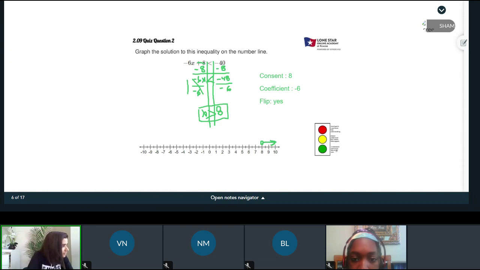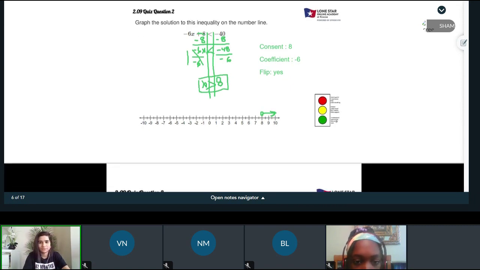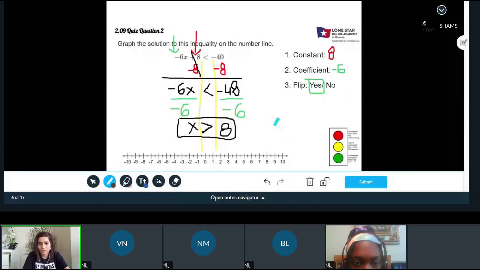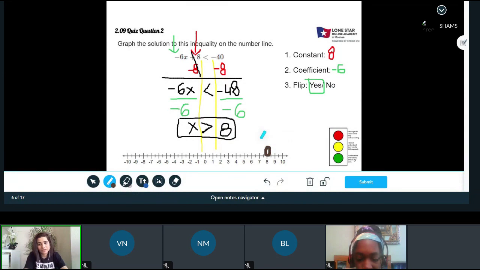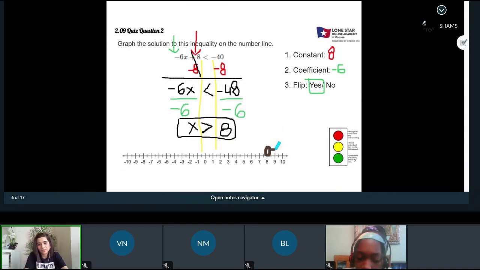Let me check for Bella. Bella, I don't see a dot in yours. Make sure there is a dot because the assessment will be very clear. They would want to see a dot. Let's see, there's one slide that I haven't unshared yet. There we go. So on 8, there will be a dot, but I will not shade it in because 8 is not the answer, but everything greater than 8 is the answer,